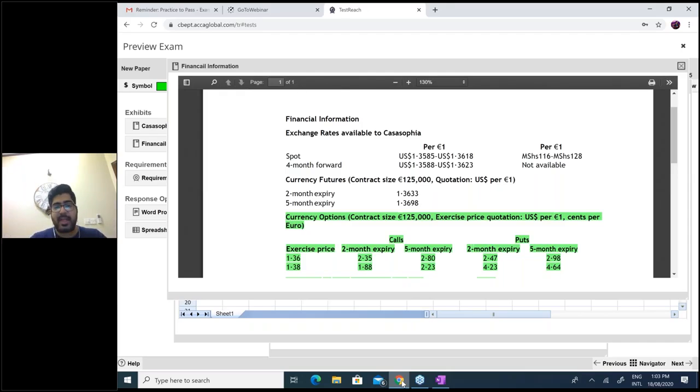I am in Europe one final time, receiving $20 million. I have to sell dollars, so take a put option for dollars. If the contract size were given in dollars, we could do that. But the contract size is in euros. So selling dollars means I'm buying euros. Take a call option because you're buying euros. Buying means call. For the 5-month call option, at the 1.36 price, 2.8 is the relevant premium.